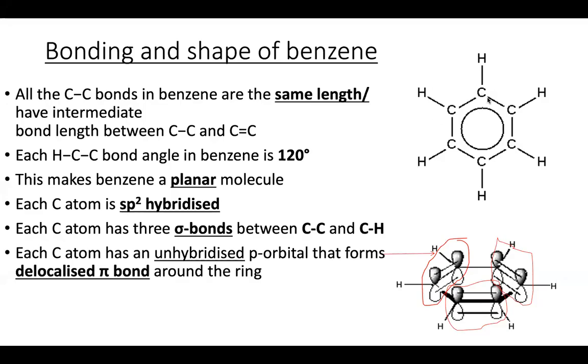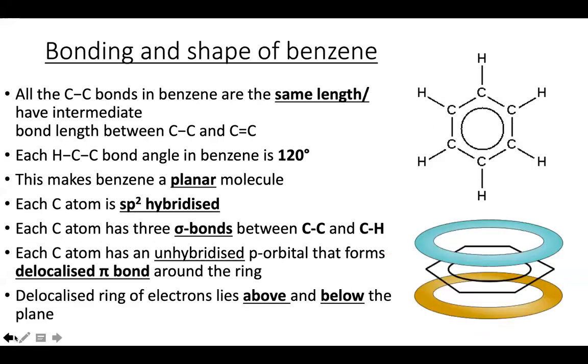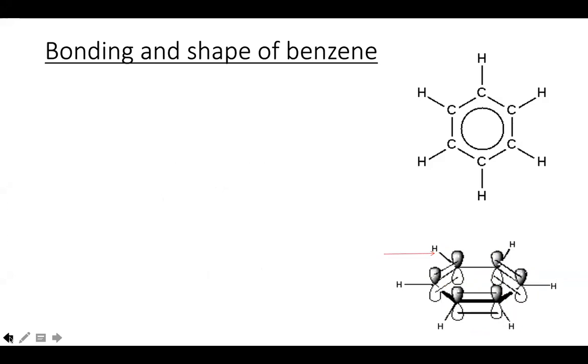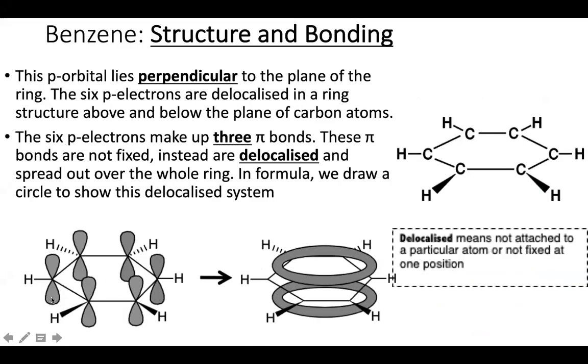And each carbon atom is sp2 hybridized. The 3 sp2 orbitals lie flat on the plane of the benzene ring, and then there is a p orbital for each carbon atom. Each carbon atom will only have one p orbital, and inside this p orbital there is one electron. So since there are 6 carbon atoms, there are 6 pi electrons, and 6 pi electrons can make 3 pi bonds,